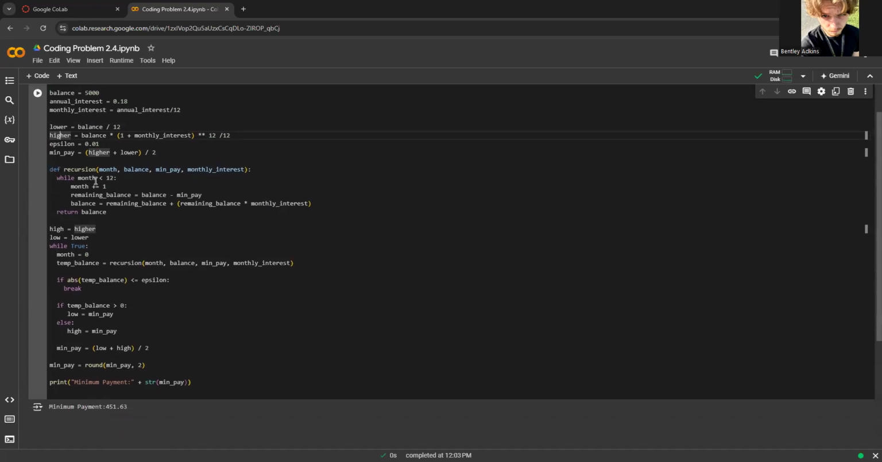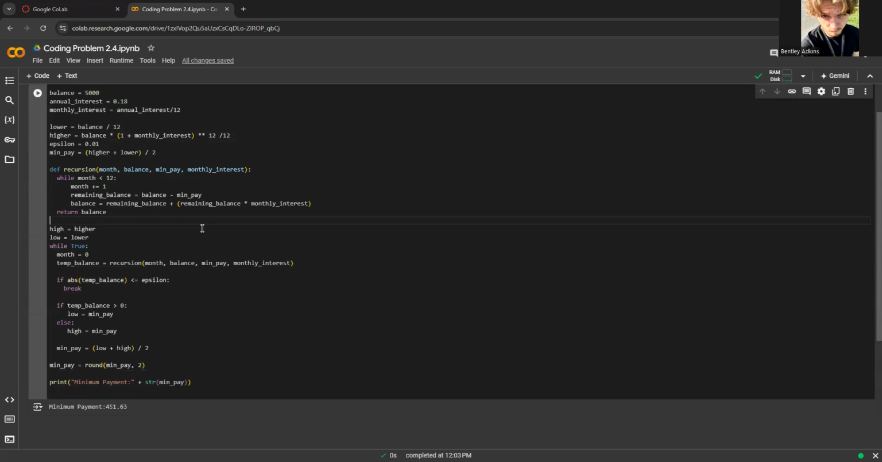We're creating an object and using recursion. So it's our base case. And we're going to have the month, balance, minimum payment, monthly interest. While the month is less than 12, it's going to add 1 to every month and it's going to keep recurring. It's going to take the remaining balance,